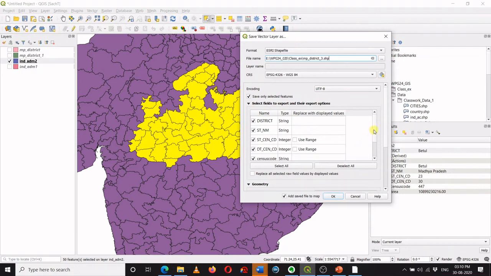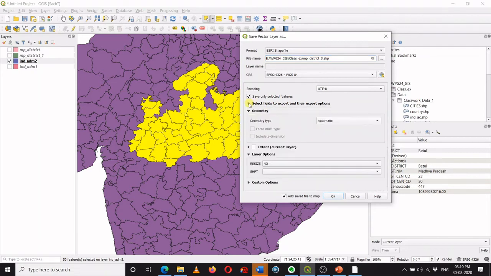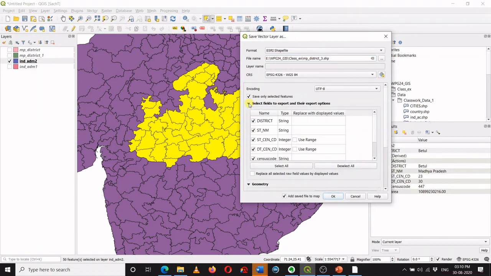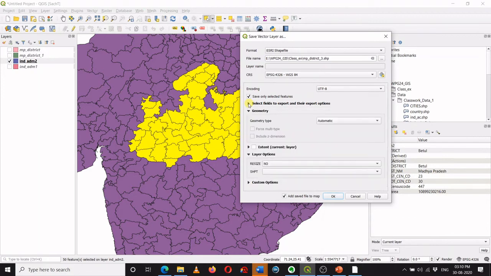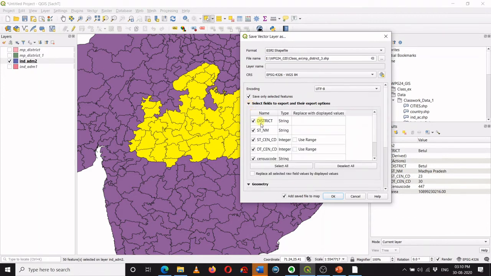Here you are going to use this feature also. For example, here this select fields to export, which is sometimes minimized. You have to expand this. After expansion, you can see all the header rows again over here from the attribute table. Earlier we had exported only the selected features, but we had carried all the columns into the new attribute table of the file. Here I can choose which columns I want to carry.